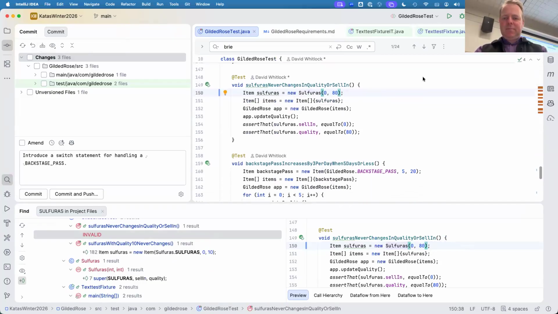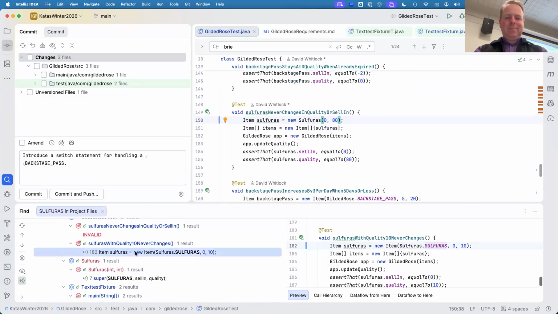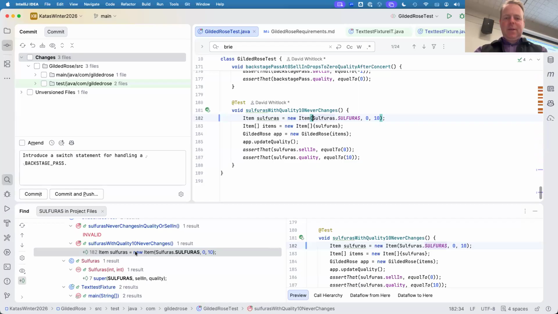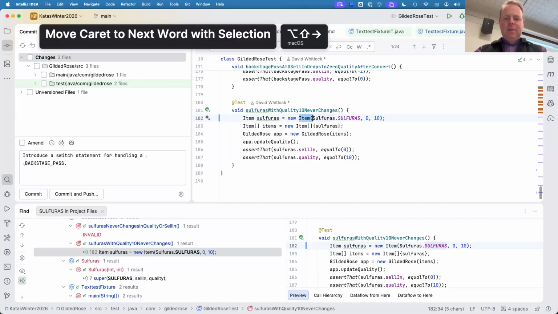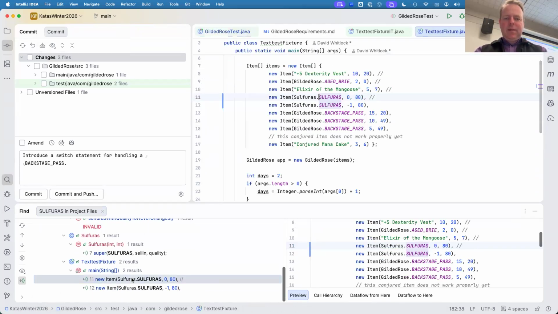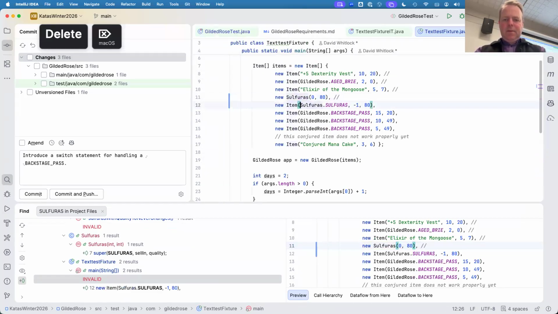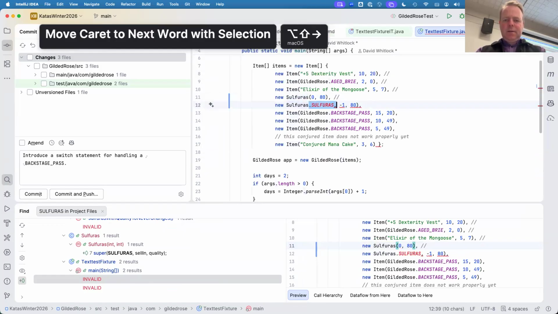Okay, so now let's go and find some more occurrences of that. This is just another way to, again, sort of move code around. So new Sulfuras. Nope, that's not what I wanted. Okay, Sulfuras. Where else? Let's see here, that one. Oh, yeah, and here in the, okay, so good. So new Sulfuras, new Sulfuras. Okay,